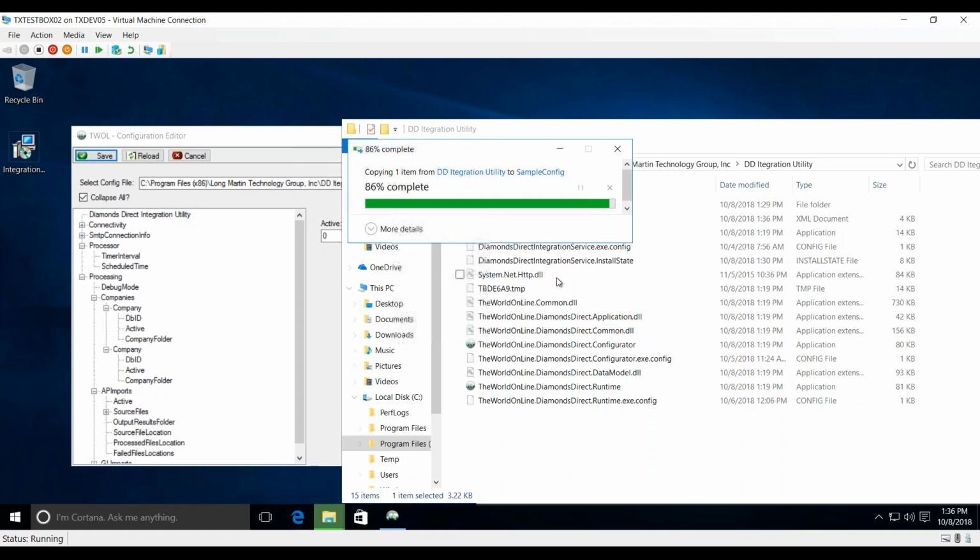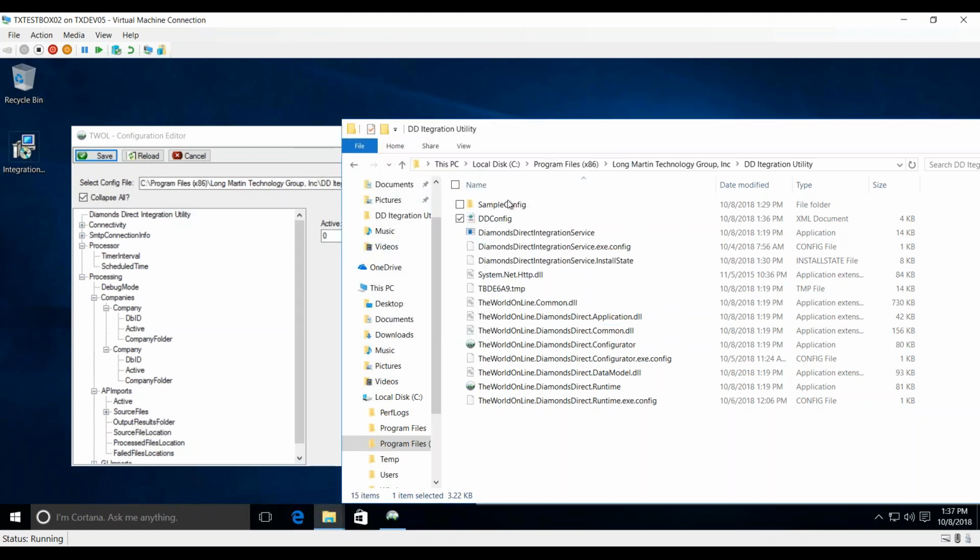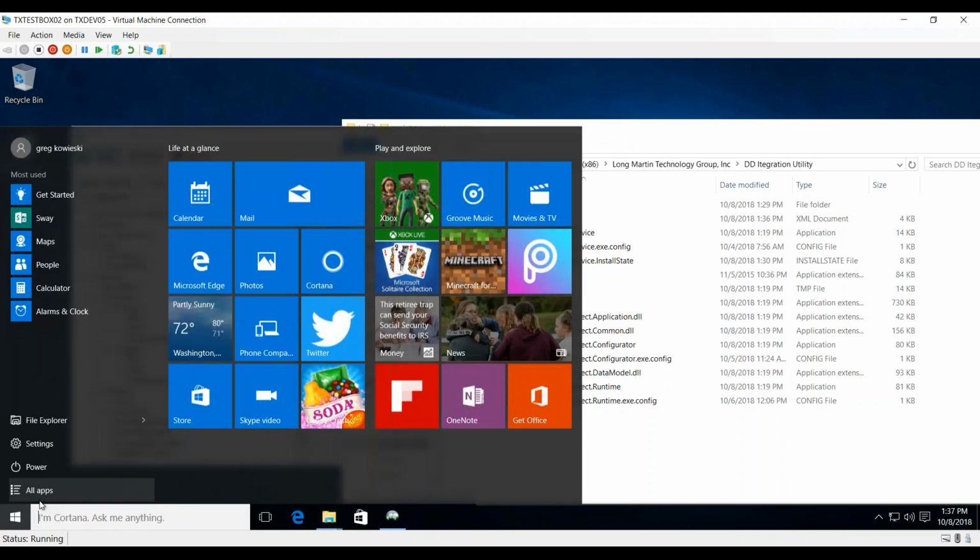Yeah, I'll do that, replace. I mean, the sample config file will get replaced over and over every time you run the installer, so you want to give it a different name. Now, the other thing it did is in services,